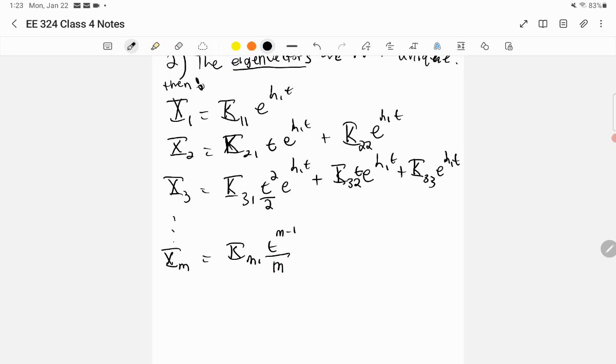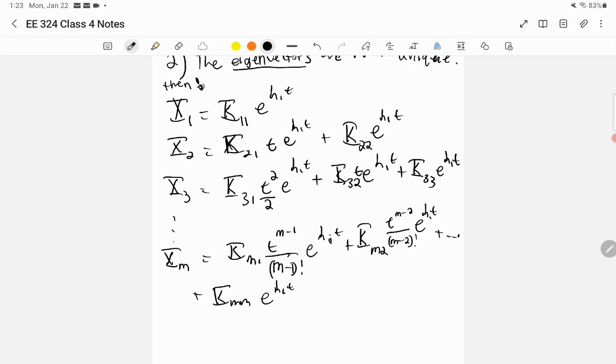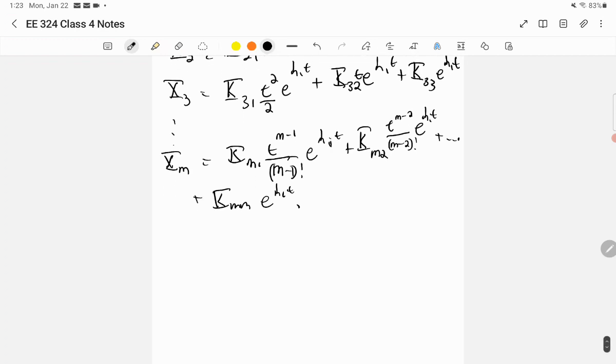Over m minus 1 factorial, e to the lambda 1 t, plus k m 2 t to the m minus 2 over m minus 2 factorial, e to the lambda 1 t, all the way down to obviously k m, e to the lambda 1 t. Okay? And then our solution would then have to be